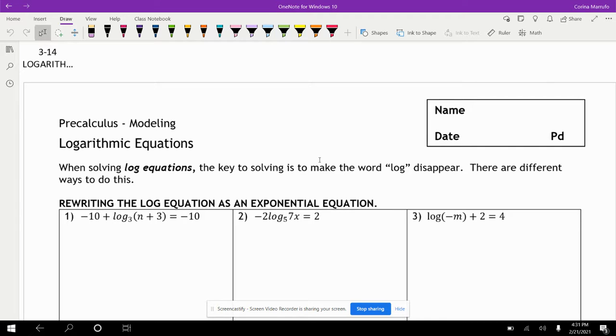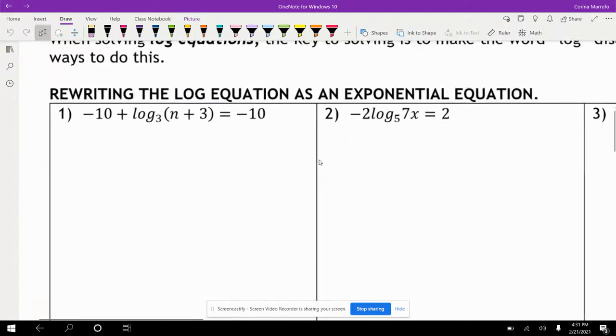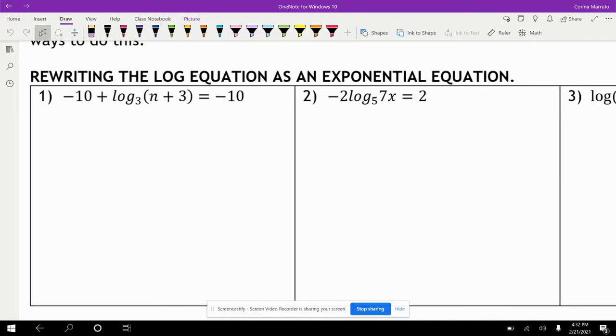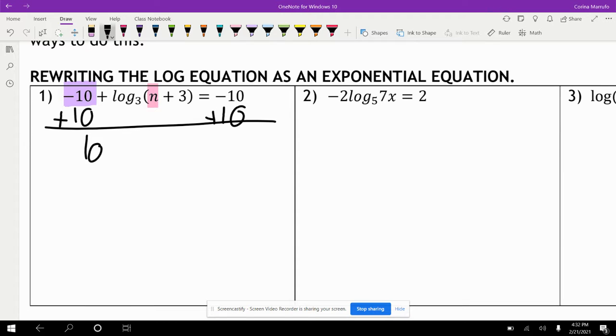If I look at my first example, I have -10 plus log base 3 of n plus 3 equals -10. What we're solving for here is a missing variable, which is n. We need to figure out how we can get the n by itself. Just like we solve any equation, we need to get rid of everything around the n first. We have the log base 3 of n plus 3, but even outside that we have this -10 hanging out here. We need to get rid of that first, and we're going to do so by adding 10 to both sides. And so we have log base 3 of n plus 3 equals, and then -10 plus 10